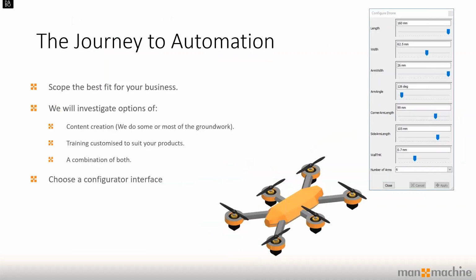So just on man and machine and how we do things. So just the journey that we would follow to automation. So the first step is always going to be to scope the best fit for your business. Every business is different, and like I've shown in those 3 examples, they were all completely different outputs and completely different